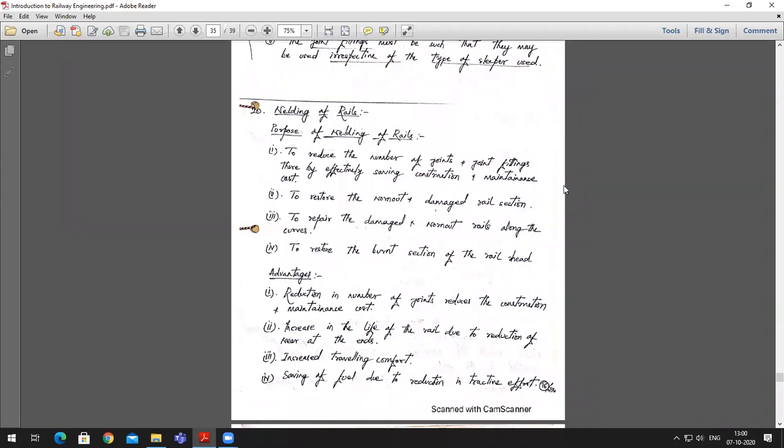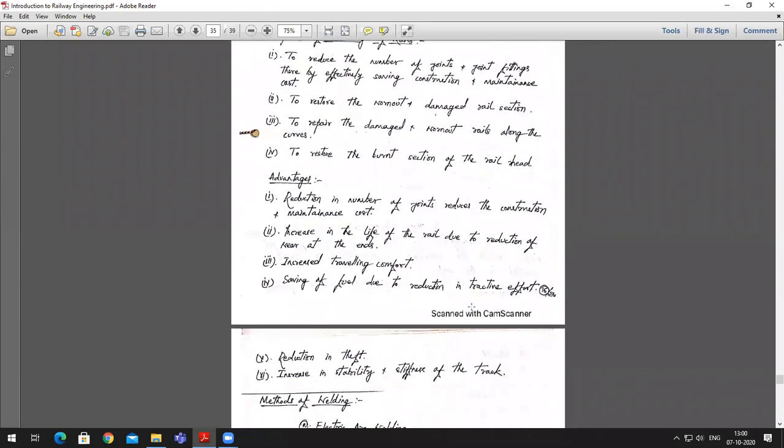Okay, so when you have welded the rails together, this noise is obviously reduced because there is no joint at all. You have joined the rails together by the welding process. Only at certain distances will you come across the fish joints, which again will give you the noise. So this noise cannot be entirely stopped, but it can be reduced, thereby increasing the travel comfort.